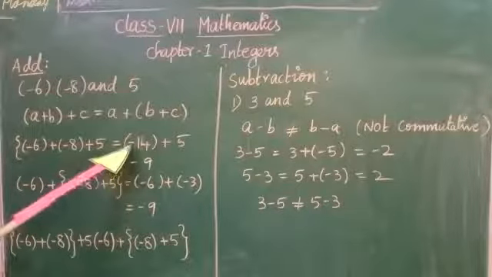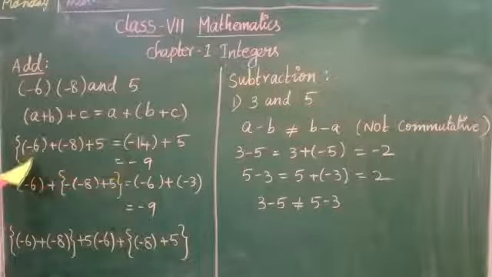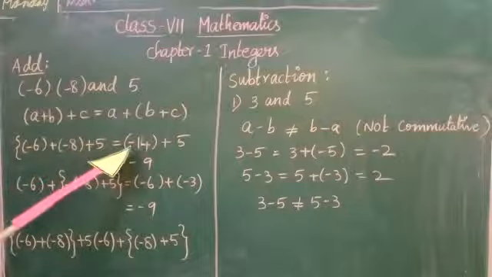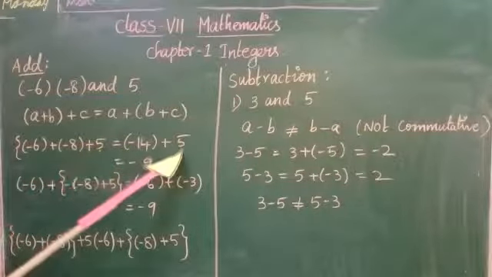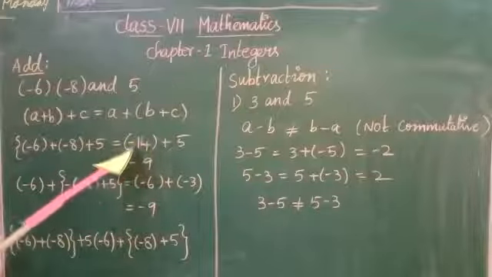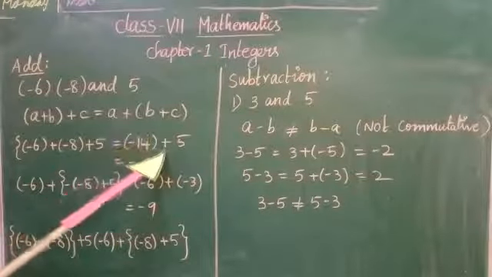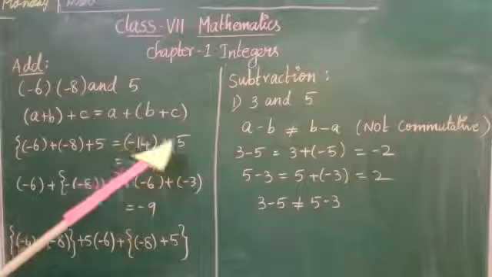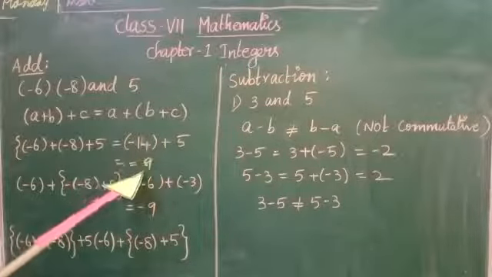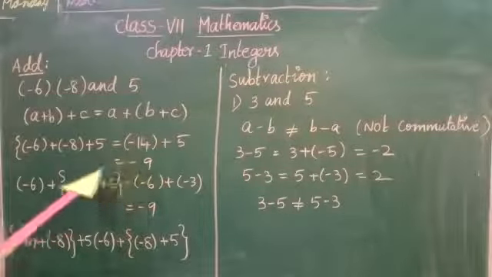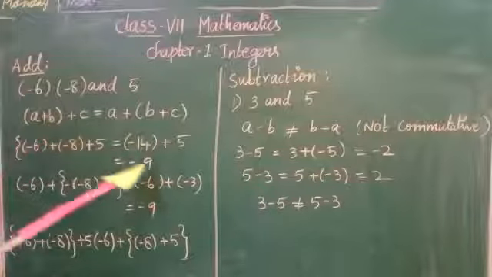Why have they given the minus sign here? Because the biggest number's sign is minus. So minus 14 plus the 5 you can write. Next step, we add or subtract according to the sign, right, children? Here plus and minus is there, plus into minus is a minus. When you subtract 14 and 5, we get the answer 9. But why is it minus? Biggest number sign, minus sign. So the left hand side answer is minus 9.